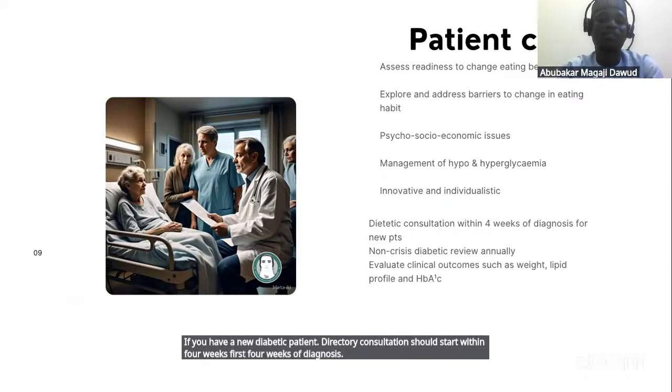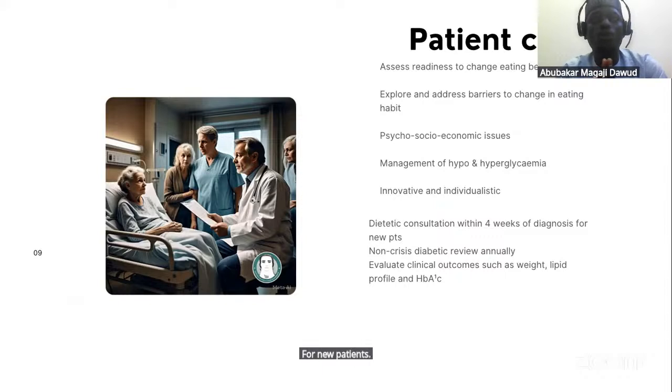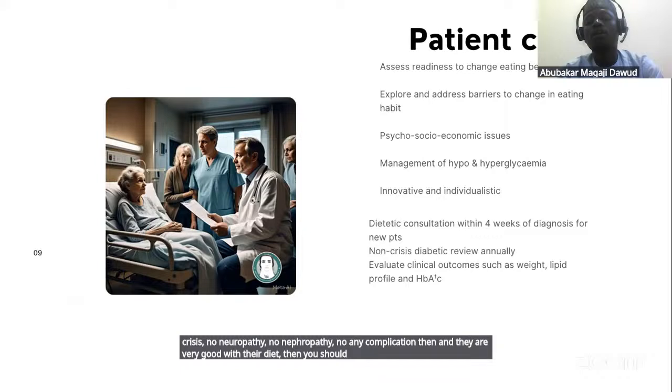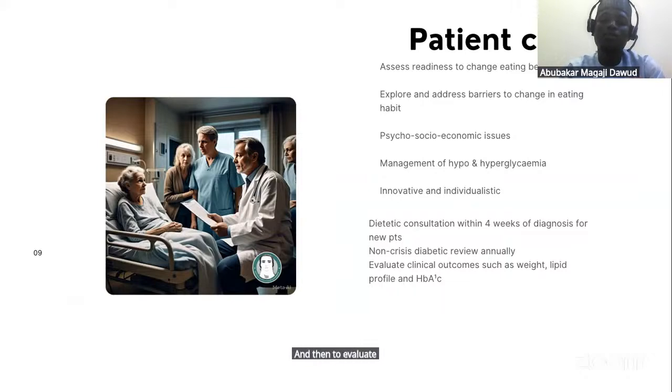new patients. And for already established diabetic patients, but without any crisis, no neuropathy, no nephropathy, no complication, and they are very good with their diet, then you should also be reviewing their diet annually, at least once in a year. And then to evaluate the clinical outcome of this dieting that you are doing to your patient,